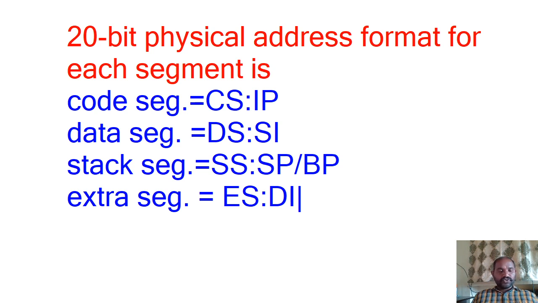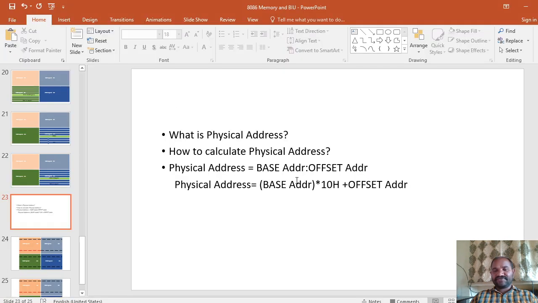Okay. So with this, the architecture of the 8086 microprocessor is over. We are left with the flag register, and I'll take that as a separate concept because it is an important short question. But when you are explaining the architecture of the 8086 microprocessor, you are supposed to explain the flag register also.